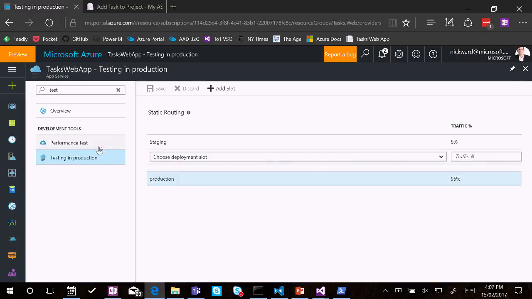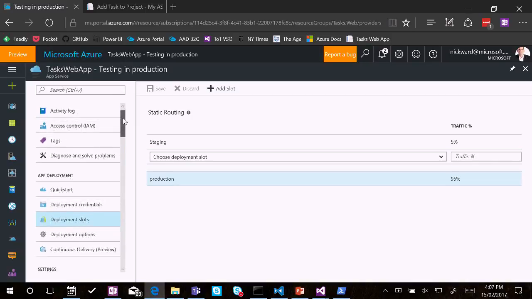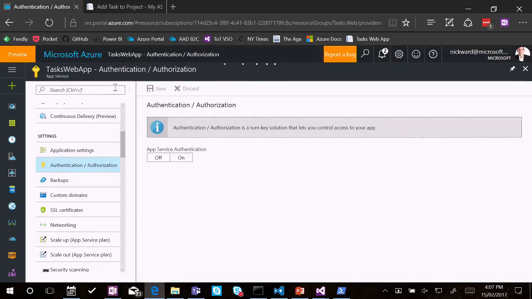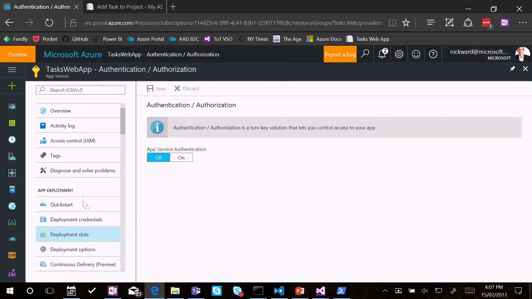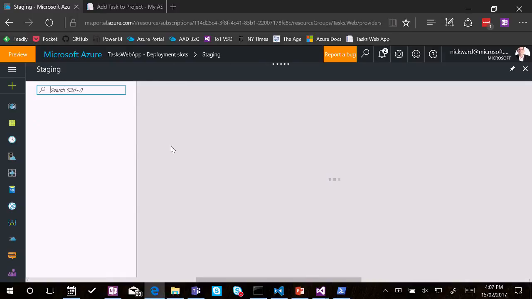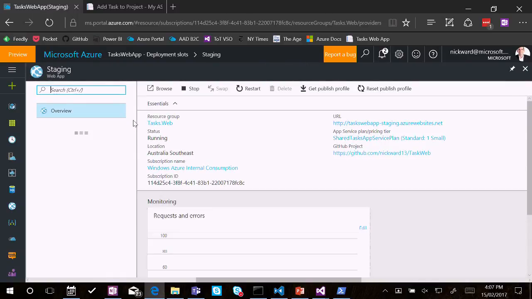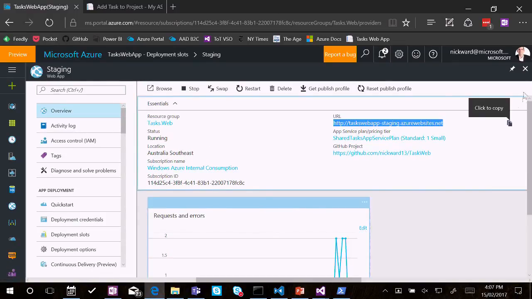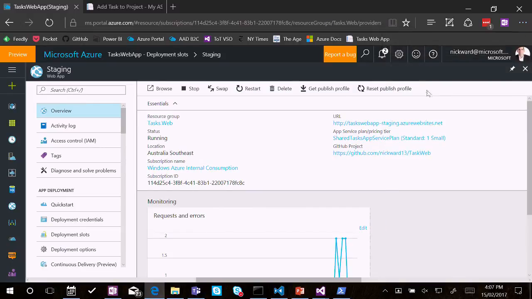What I can also do, I'll show you one other thing, a feature of Azure App Service that can help save a lot of time is security. So let's do this on the staging deployment slot actually. Let me go to deployment slots. I'll go back to staging. So I'm back on my staging deployment slot, and I want to try out a new security posture. So if I copy this URL and open up an in-private browsing window,